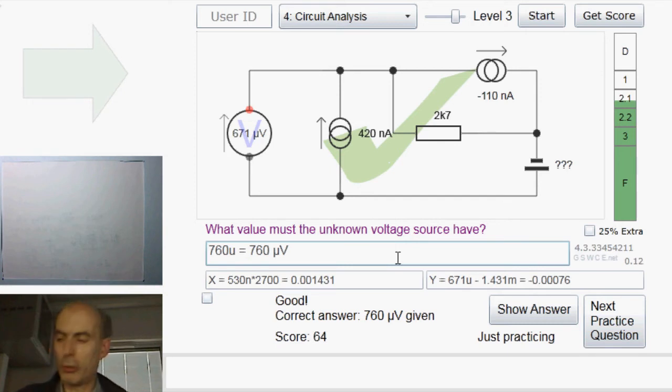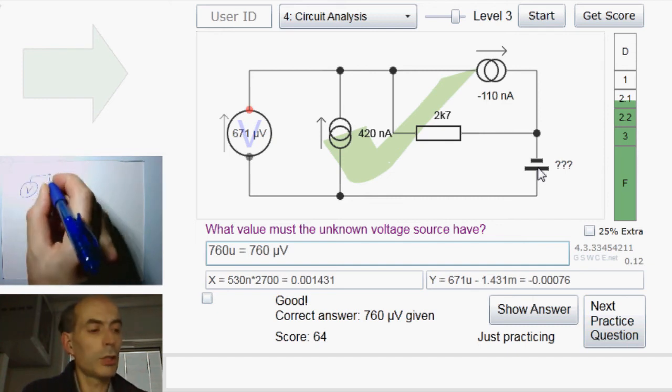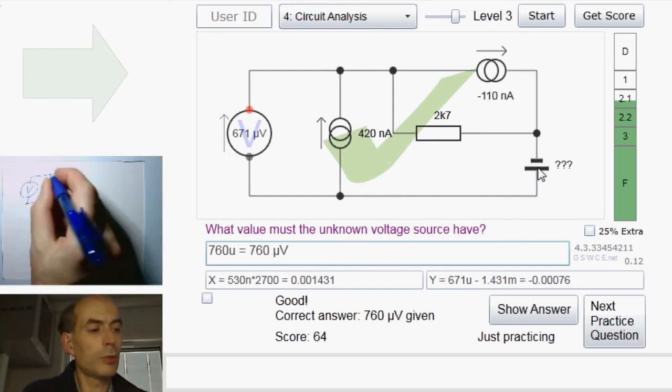Well, use the principle of superposition. And that means that we can treat each of these sources individually. We can do that provided they are independent sources. They don't depend on each other, which here is true. In that case, we can first of all simplify this circuit by only considering this source first. All other current sources we replace by open circuit, and all other voltage sources we replace by a short circuit. That would mean that the circuit would become something that looks like